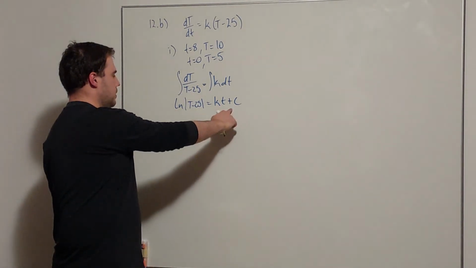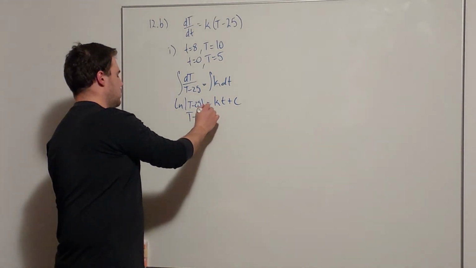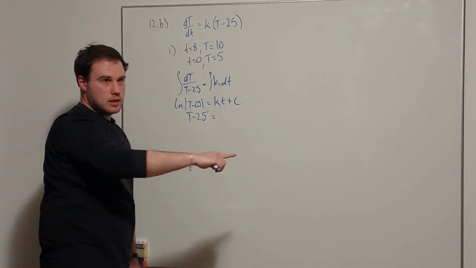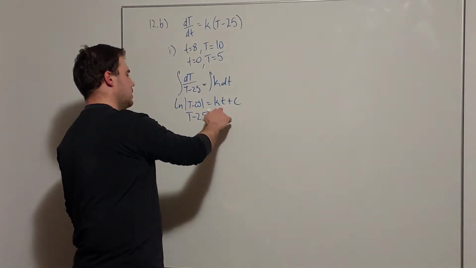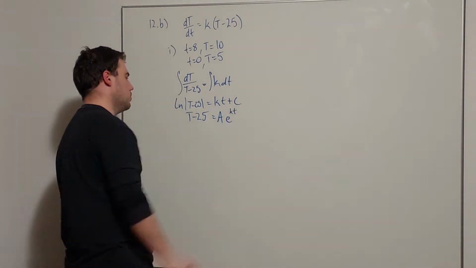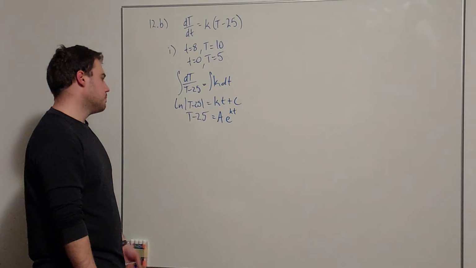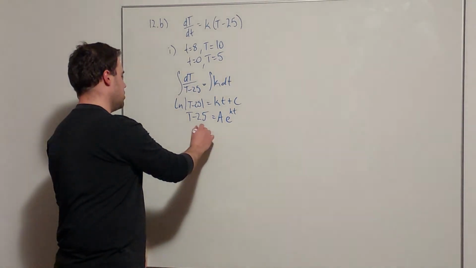Okay, taking exponentials of both sides, we're going to get T minus 25 is e to the c, and e to some constant is just going to be some other constant, times e to the kt. This should all look fairly familiar. Again, quite a routine problem, to be honest. And then if we add 25 over here,